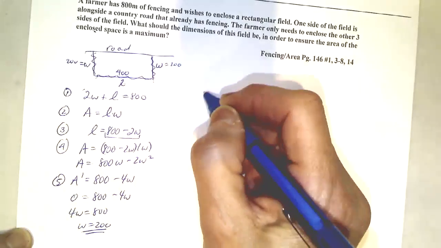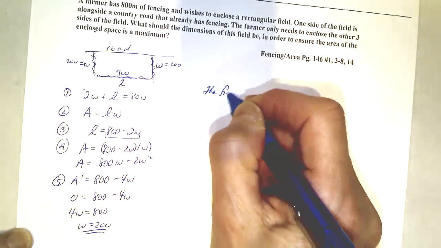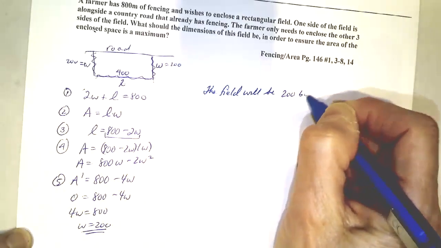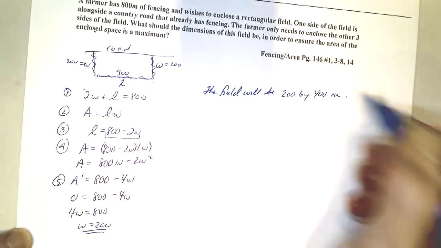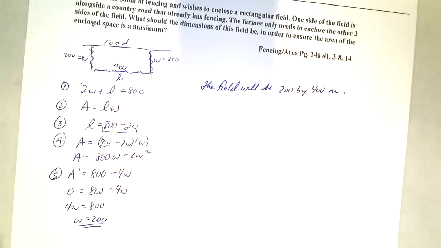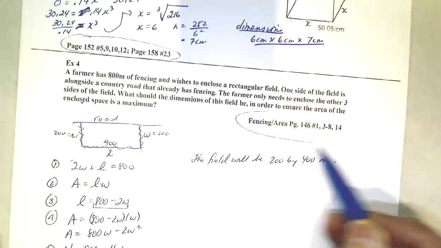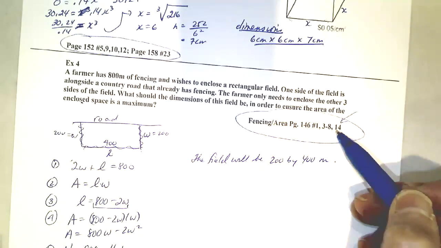It says, what should the dimensions be? The field will be 200 by 400 meters. It's a pretty easy question, but it just gives you an idea of how the 6 steps that we've outlined can be followed for every question. So your next batch of homework questions comes from these and these. This one is interesting at a